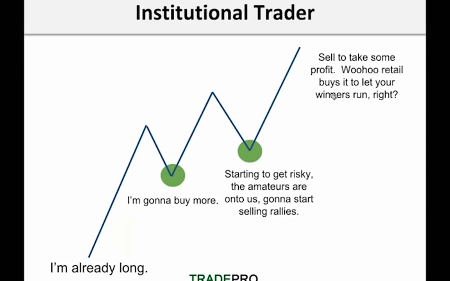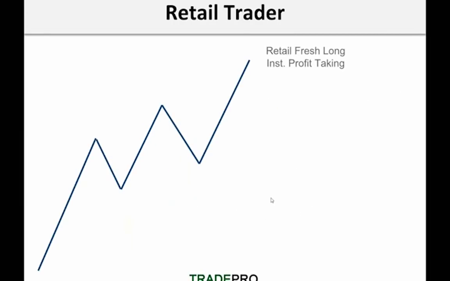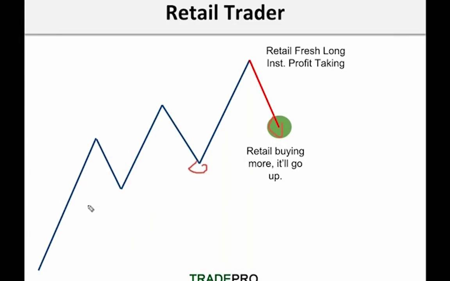They're saying, hey, we're going to sell to take some profit, while the retail traders are still ready to get long. And then what ends up happening is retail buying comes in and they say, guess what, I'm going to buy more. Keep buying the dips, right? What a beautiful trend channel. This support's hit 10 times, I want to get long more. It'll go up. Institutional here says it's time to start selling rallies.